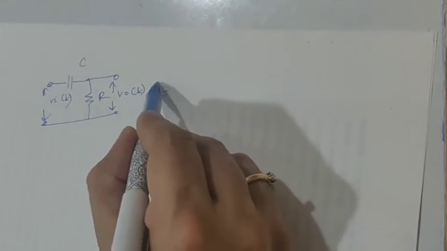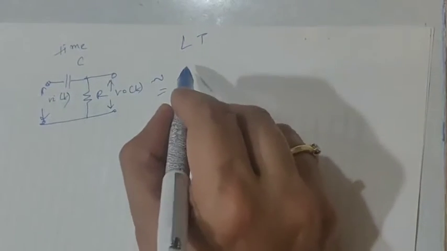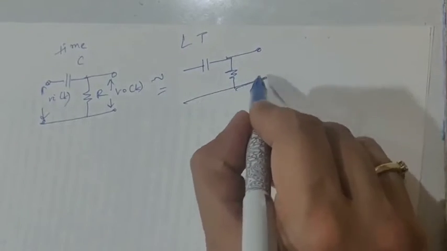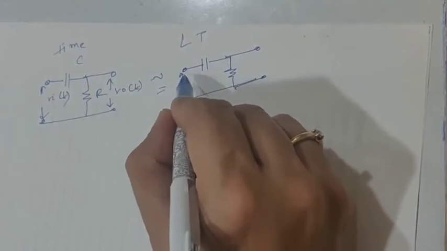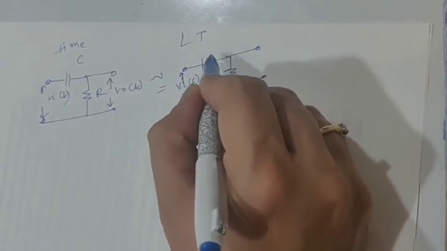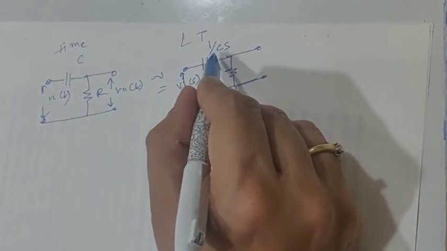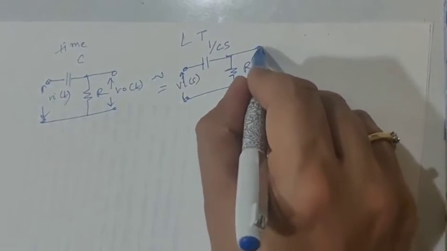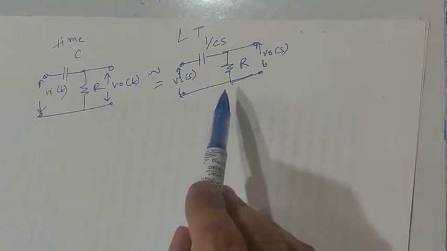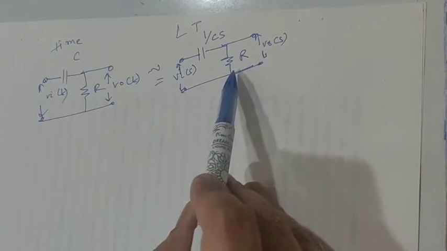Now it is in time domain, so now I am drawing its Laplace equivalent, so its Laplace transform if I take. Again the circuit is going to be the same, the circuit doesn't change, but the values will change, of course. Now we cannot write Vi of t, we will write Vi of S. The capacitor will be 1 by Cs now. It is not C, it will be 1 by Cs. So the Laplace of capacitor is 1 by Cs, then R is R only, and it will be V0 of S. This is the Laplace equivalent of the time domain circuit, the high pass circuit in Laplace domain.